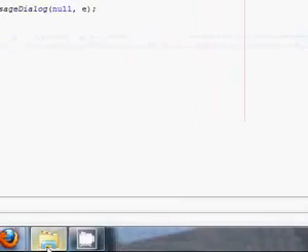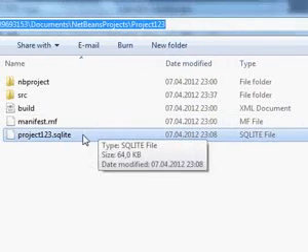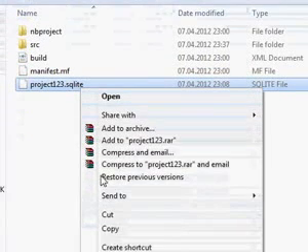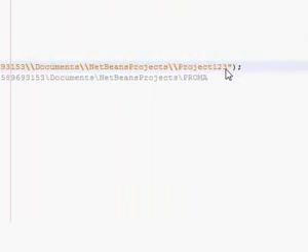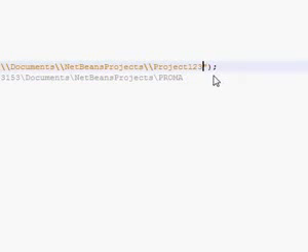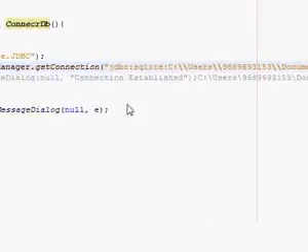Okay, this is the path you have pasted, and then just copy the name and after this paste the name.sqlite. So we are connected to our